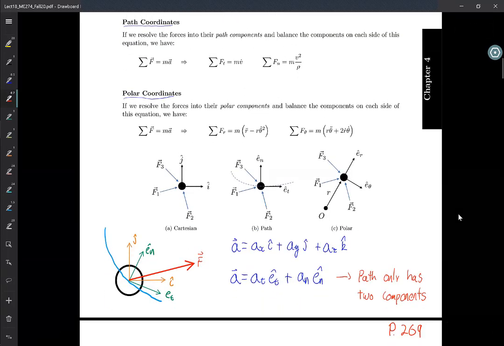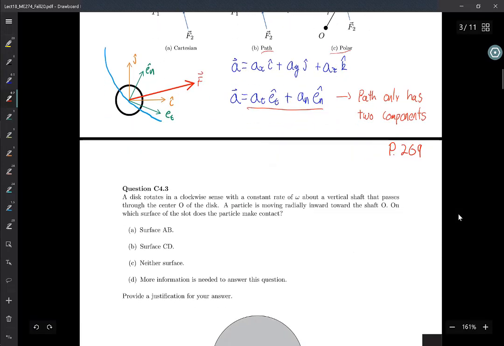And then most problems that we have solved so far have been using Cartesian, or maybe they have used a path to solve it. But also there is a possibility that polar may be useful. And I'm going to make a point of this: when we describe an acceleration vector in path description, it only has 2 components. So how am I going to do that? Well,